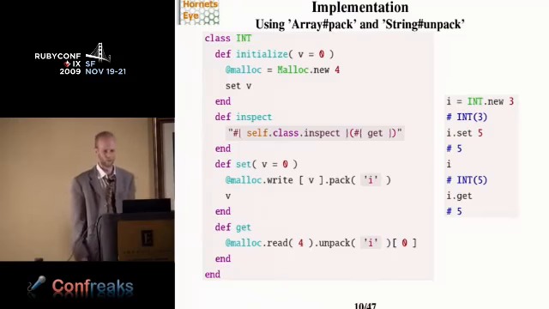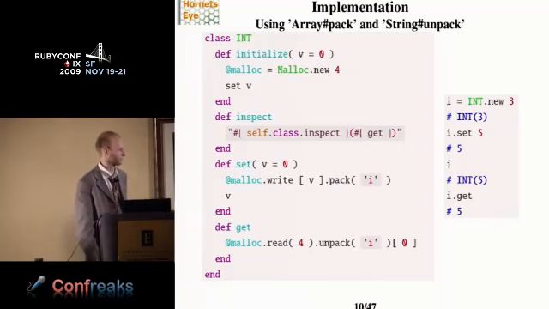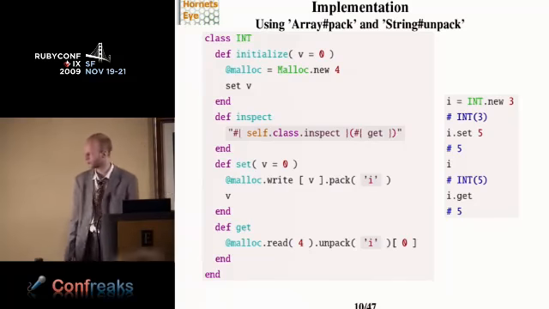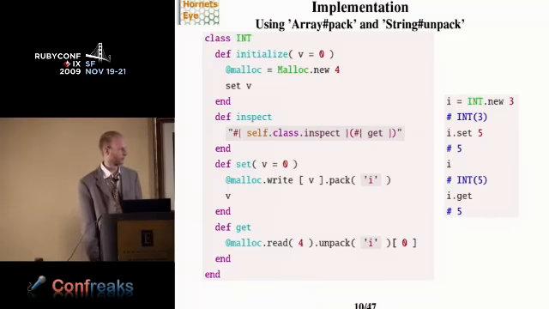I don't know, maybe some of you were in the talk earlier on. You just use the standard Ruby library methods, array pack and string unpack, to convert a Ruby integer into a 4-byte string containing the native representation of that integer and back. And so then you can write a native integer, and on the right side of the slide is some example use where you create an integer with initial value 3, and then you set it to 5, and you can read back the